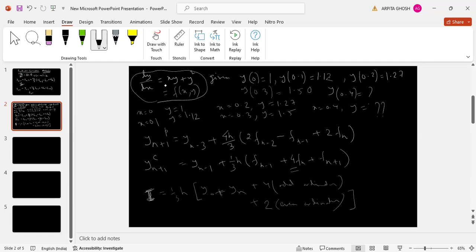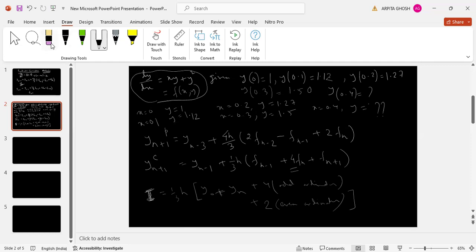Do you remember? It was 4 times odd ordinates plus 2 times even ordinates plus first one plus last one. Do you remember? Yes ma'am, I remember. Yes. Achha. So this was, since 1/3 is there and this 4 is there, so basically that we get